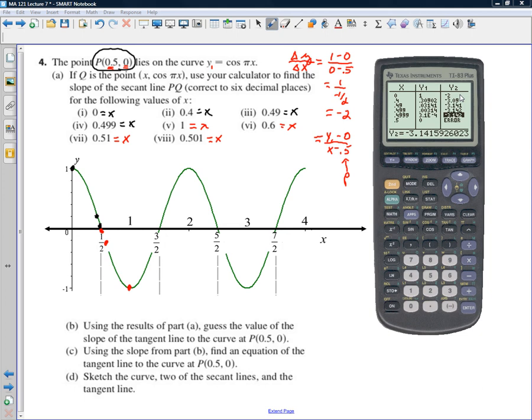It's not rounded. And notice that there is a difference between the one above and the one below. Maybe you have an idea about what that number is looking like. Negative 3.1415. And these slopes on the left, starting with negative 2 and coming to negative pi,